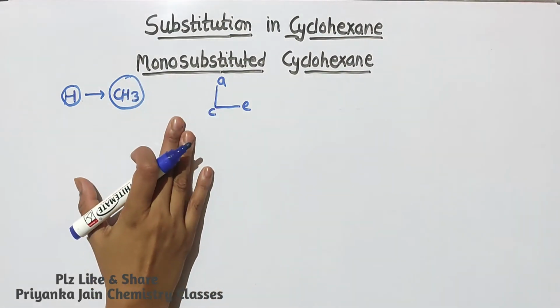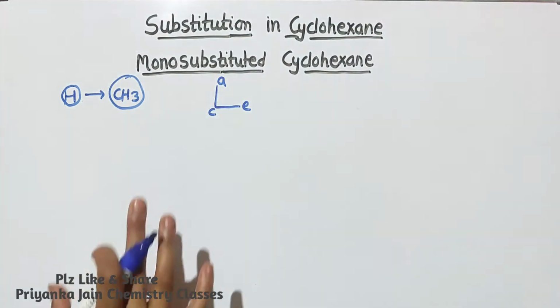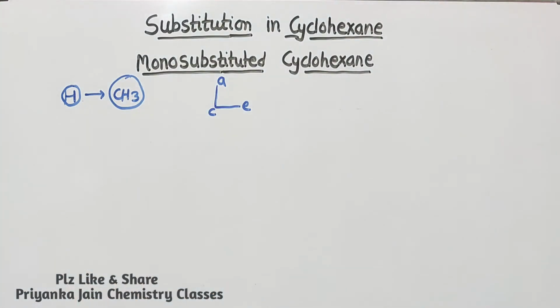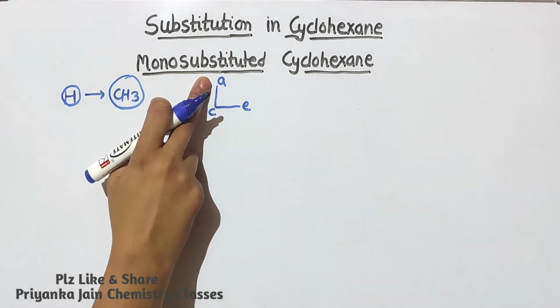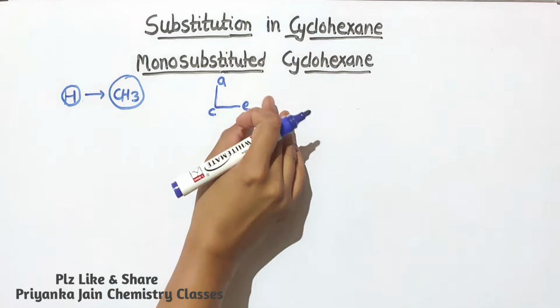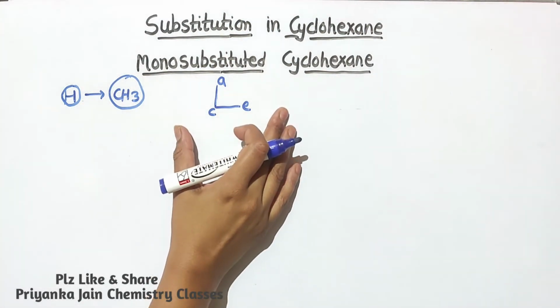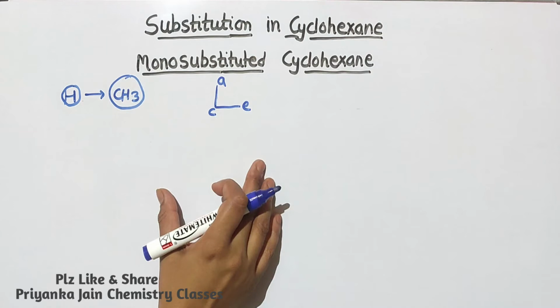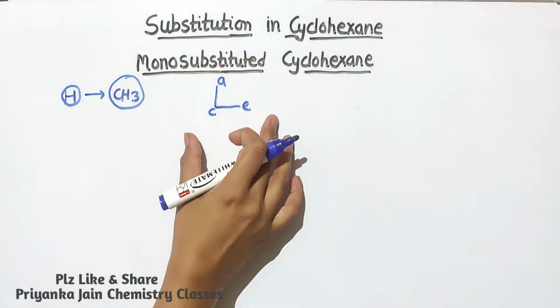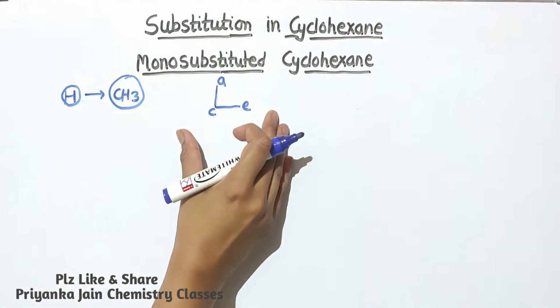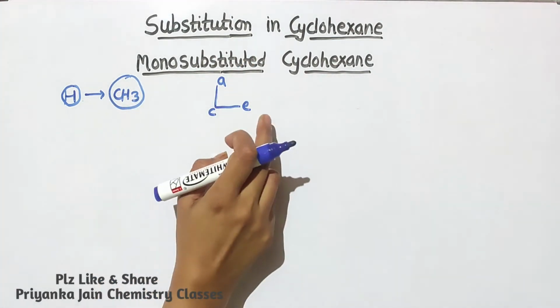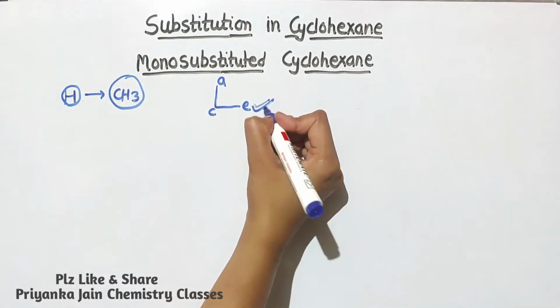Suppose in one cyclohexane it is present in the axial position, then we know that the chair forms are mirror images of each other. So there are two chair forms. If in one it is present at the axial position, then in the other form it will be present at the equatorial position. But actually the equatorial form is more stable as compared to the axial form. So the major amount of the cyclohexane exists in the conformation in which the CH3 is present at the equatorial position. It means this position is preferable.